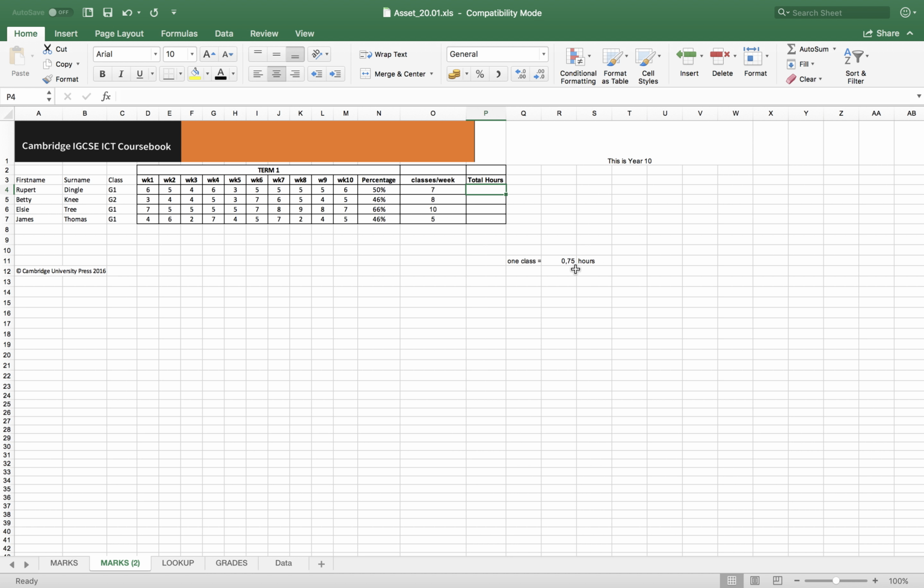All right, so that's where I'm going to use my absolute reference because I'm going to use this cell here. I'm going to use cell R11 all the time. I want that cell to be locked in place. I don't want it to be messed with anything. I don't want it to be moved. I always want R11 to be locked in place, and that's where an absolute reference comes in. Okay, so if I want to calculate total hours per week, I will do a little formula. I will do equals